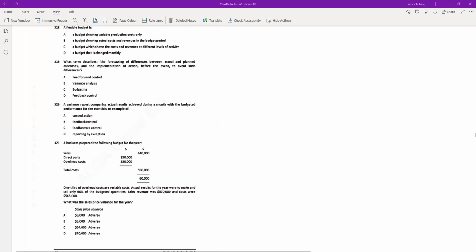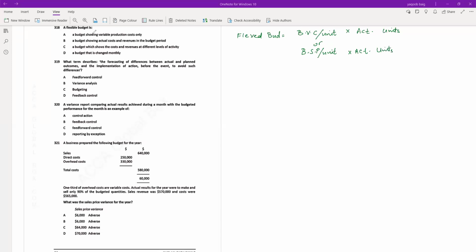Okay, next question is a flex budget. A flex budget is the one where we are using budgeted variable cost per unit or budgeted selling price per unit. It is multiplied by actual units. So this is called what? This is called